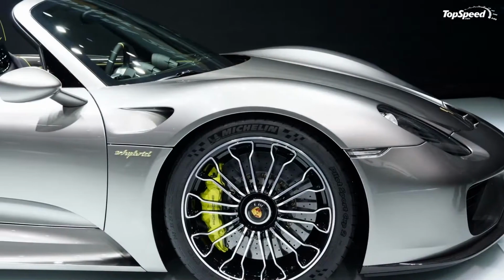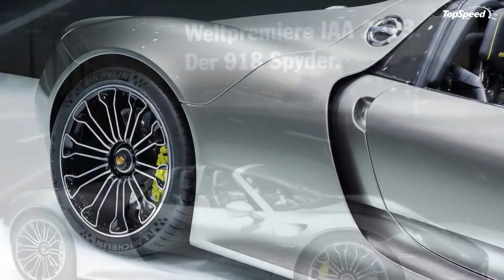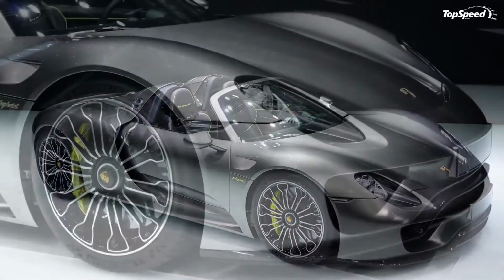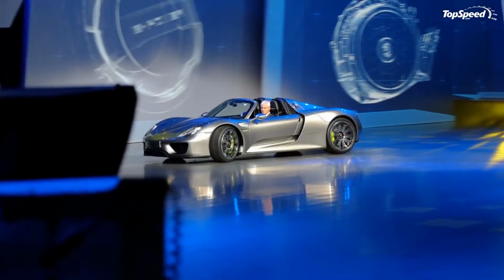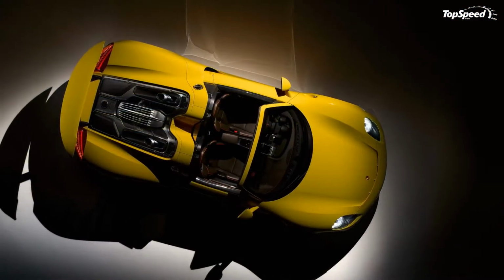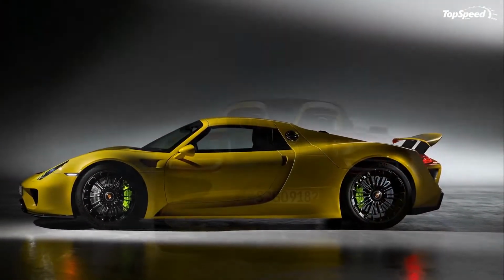Now we can talk about the single most awesome part of the 918 Spyder, its engine and drivetrain. It all starts with a 4.6-liter V8 engine strapped in behind the seats. In order to keep things as light as possible, Porsche fitted the 918 Spyder's engine with titanium connecting rods, thin-wall, low-pressure casting on the crankcase and the cylinder heads, a high-strength, lightweight steel crankshaft, and an extremely thin-walled, alloy